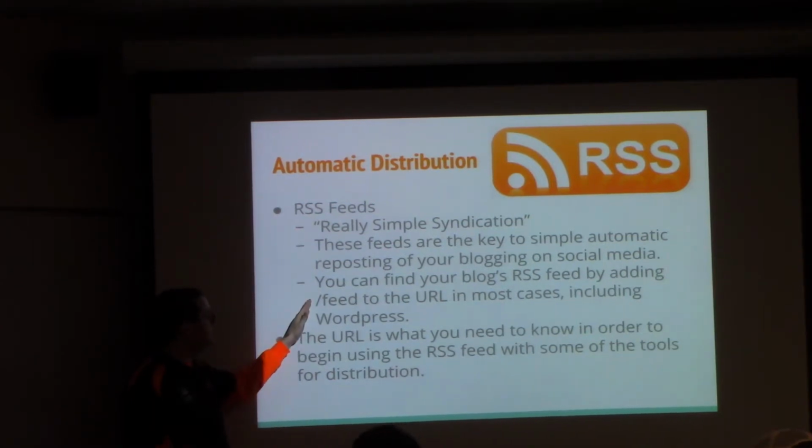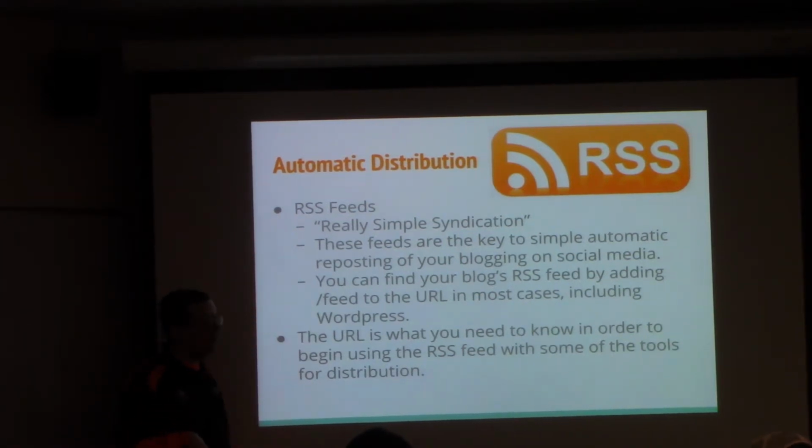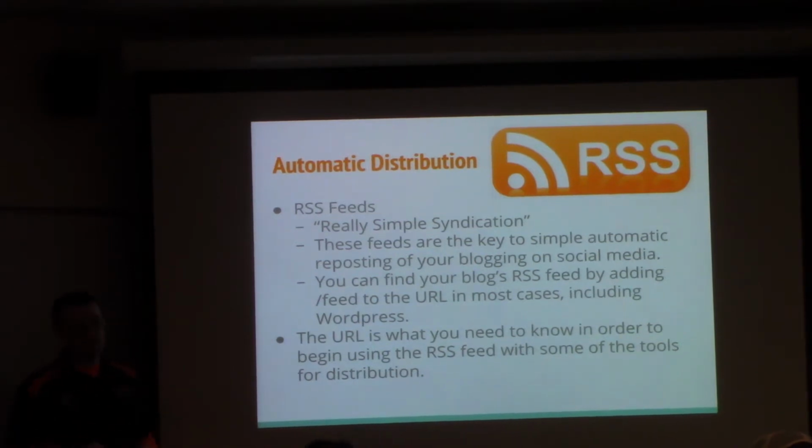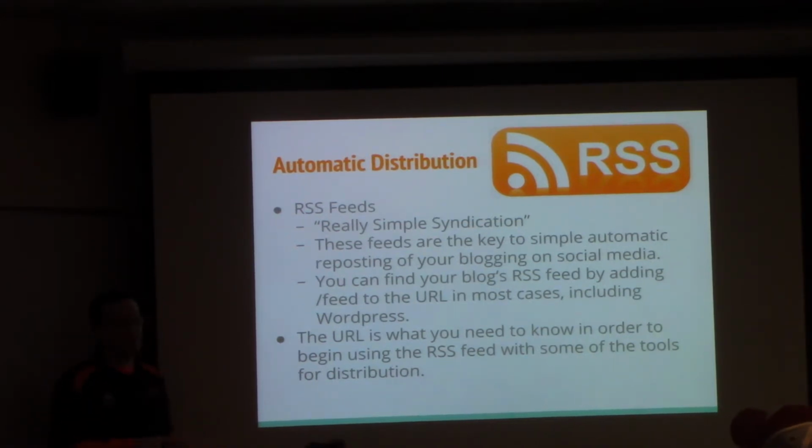You can generally find your blog's RSS feed by adding /feed to your web URL, in most cases. Sometimes you may have to look around a little bit to find it on your particular platform if it's doing something a little different. So keep that in mind. Also, there are a few platforms that don't have RSS feeds. So if you don't, then you may be a little bit out of luck. And that's one reason to possibly look at WordPress if you don't have it.